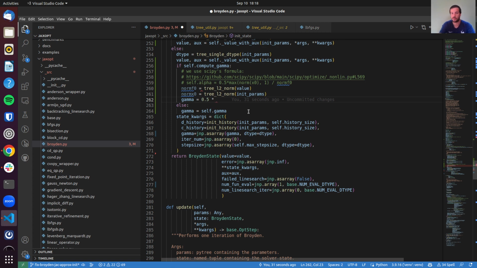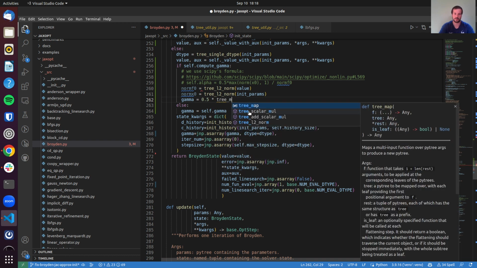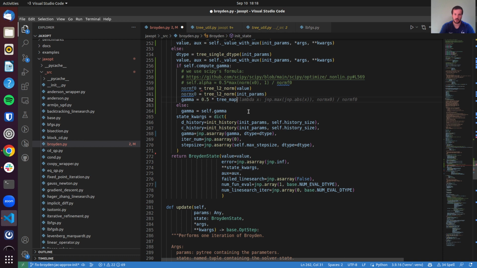At some point, you reach a leaf, which is not something that JAX identifies as a tree. For example, if you have a custom object, it will be considered a leaf by JAX. But lists, tuples, dictionaries allow you to form trees. And so here you want to use tree map of